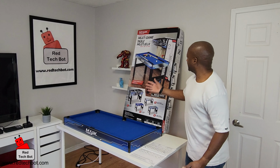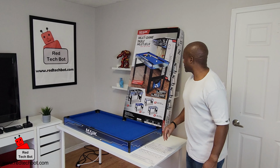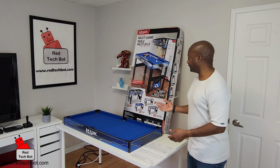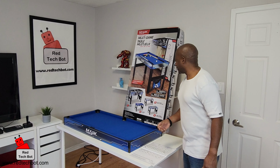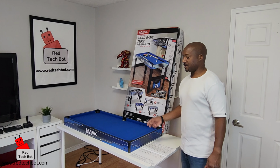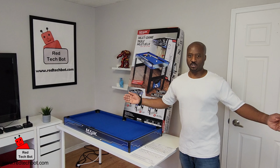We are going to be building this really cool multi-game 4-in-1 54-inch game system. This is ideal if you have not a large room, but a room large enough that you want to convert it into a games room, and you want to have games like pool, mini table tennis, mini foosball, and slide hockey, but in a form factor that's not too small